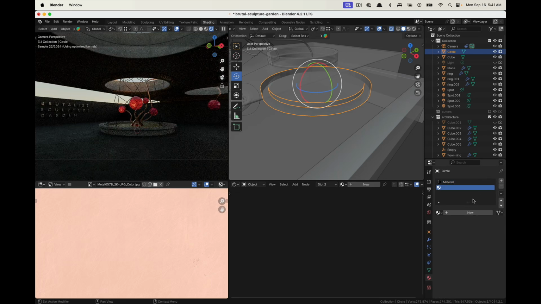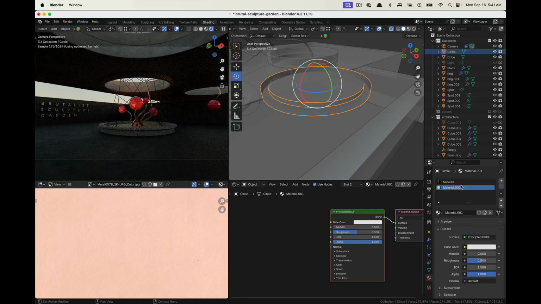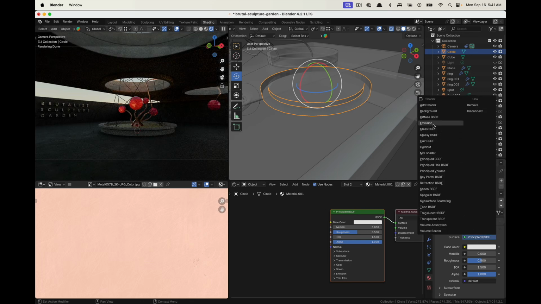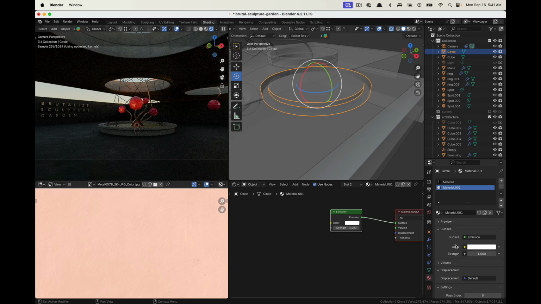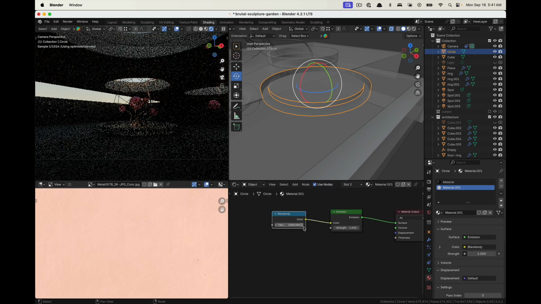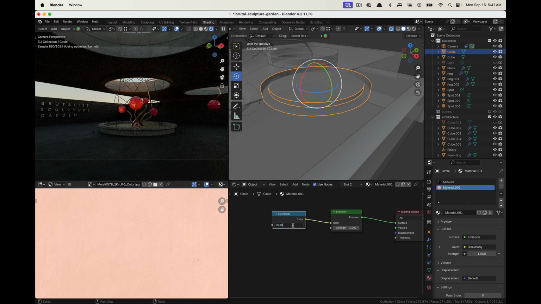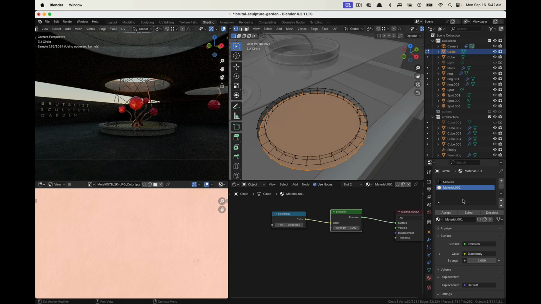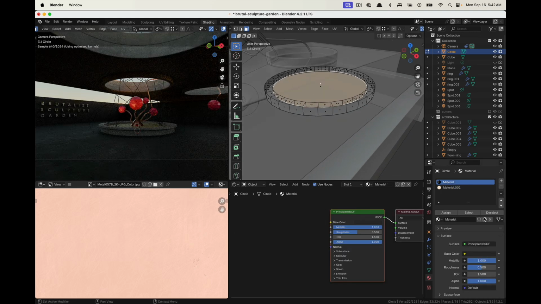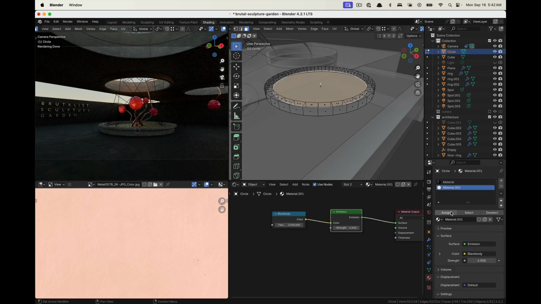We'll add another material slot. We'll add a new material here and we'll make this emissive. And we'll add a black body node, plug that in, make this 2700. Let's do a strength of 4. And let's apply this material to this face. So I'll select that face, select this material, click assign,